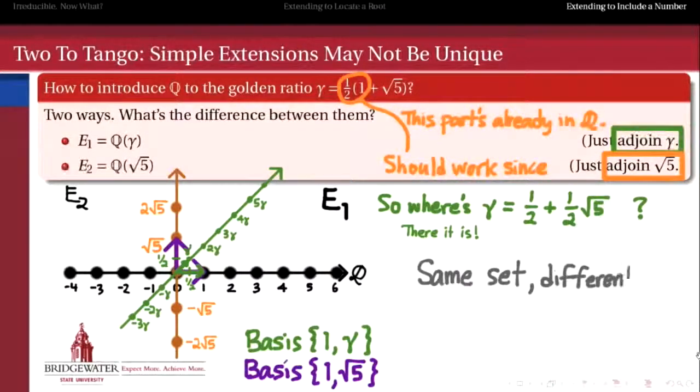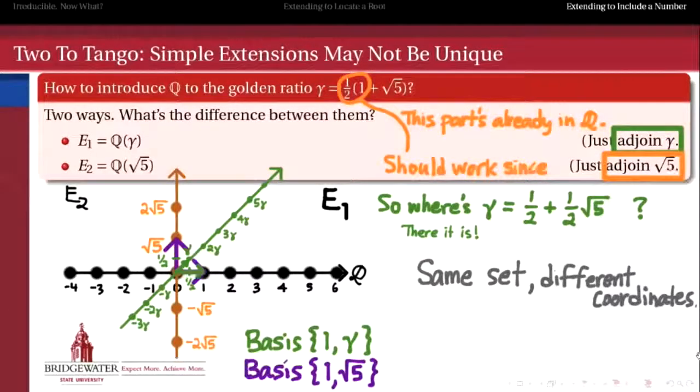So we get the same set. Every element we can locate in E1, we can also locate in E2. And so really there's no difference in the structure of these sets. The only difference is in the basis that we've put down on top of those sets. And when we change the basis in linear algebra, we change the coordinates that we use to express each element